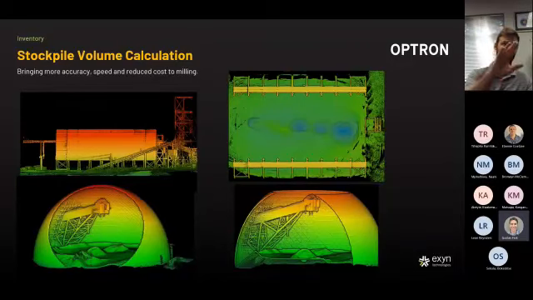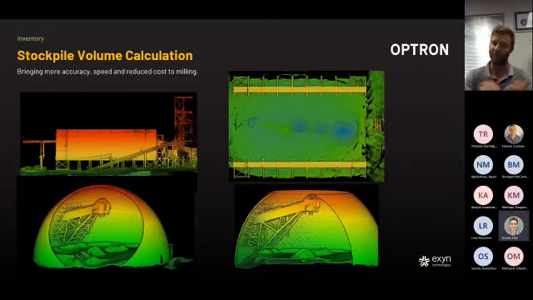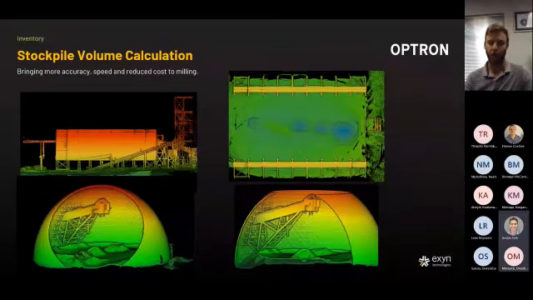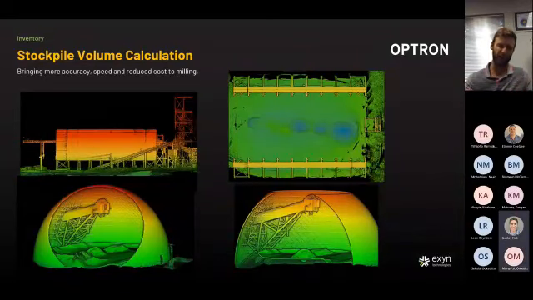storage. They had to complete scans with their total station, which took them about 4 hours. So that's 4 hours of the conveyor belt being turned off. So that's essentially 4 hours of the mill not processing that ore that you've been collecting. And essentially, that would cost them approximately $50,000 per month, or every time they did this scan, $50,000 of lost